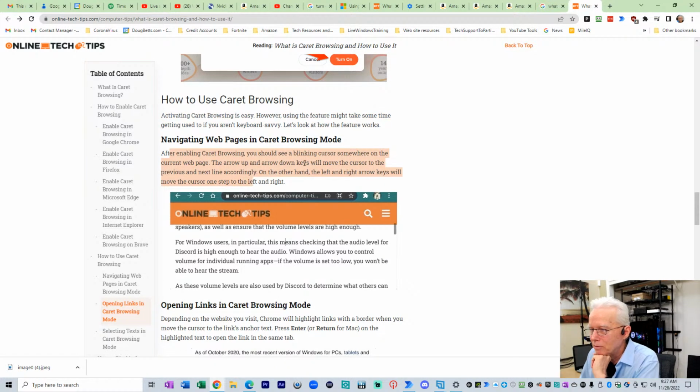Navigating web pages. After enabling, you should see a blinking cursor somewhere on the current web page. The up arrow and down arrow keys will move the cursor to the previous and next line accordingly. On the other hand, the left and right arrow keys will move. Okay, so now I do see a Caret browser. About halfway down the screen, there's that orange rectangle that says Online Tech Tips. The line below that says, as well as ensure that the volume levels are high enough. The line below that says, for Windows users in particular, this means. Look at the word means right there. There is a Caret,